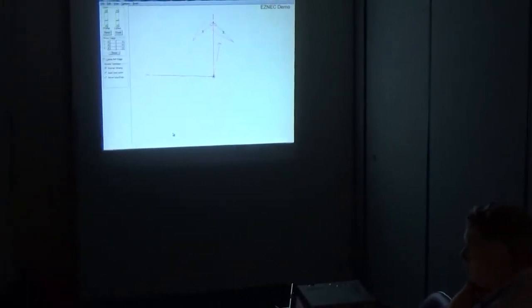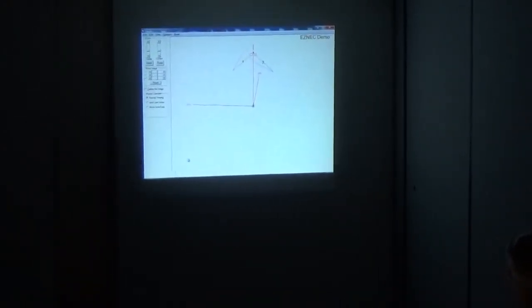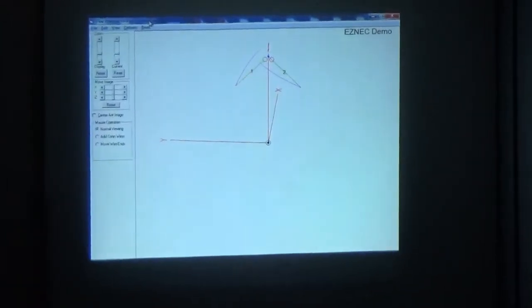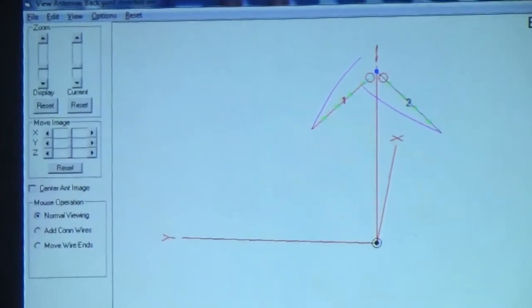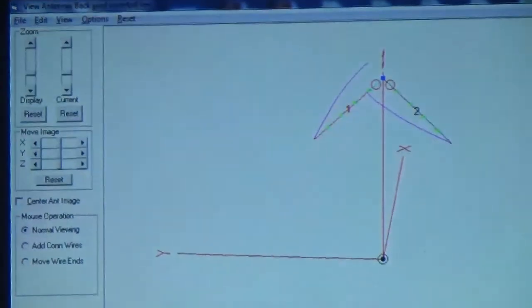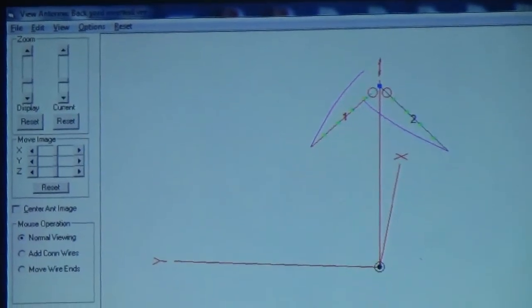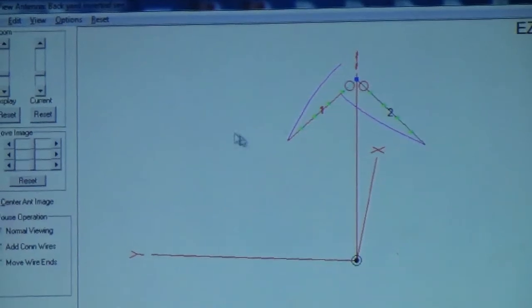wire 1 is 26 feet long. And you select wire 2 and it says wire 2. That's gotta be somewhere, but again, this is the new version. I'm sorry, I don't know where it is. But that's how you figure out if you have a line that is not on a vertical or a horizontal. You can figure out how long it is. So it'll actually tell you, depending on the angle,